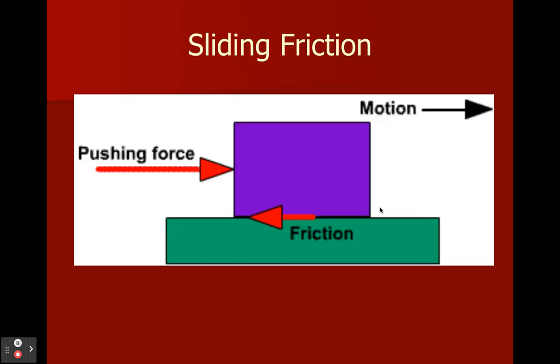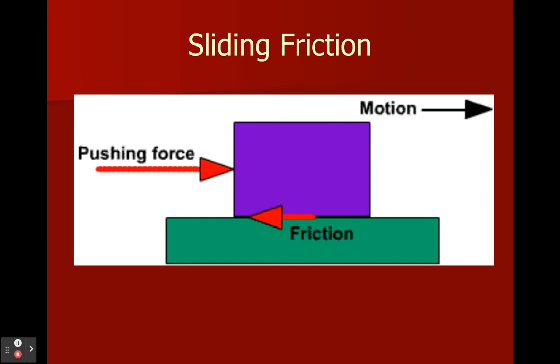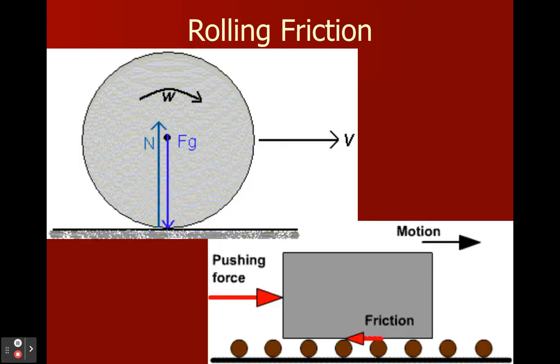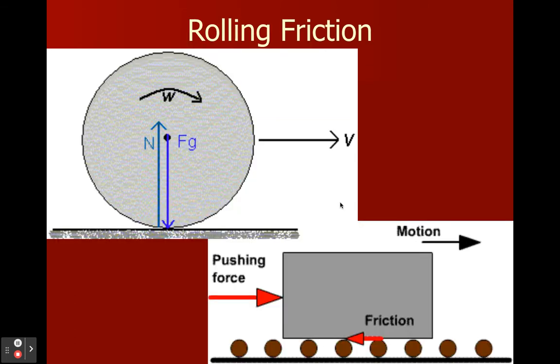All right, sliding friction. This would be a picture of sliding friction where two things are sliding past each other. And here's rolling. Now, what do you notice the difference between sliding and rolling? Well, hopefully you're noticing with sliding, you have a lot of surface area. If you've ever had to push something that has a big surface area, like a couch, it probably doesn't slide very easily. But a wheel, or we call it roll, takes a lot less work because there's one point of contact. There's only one thing.